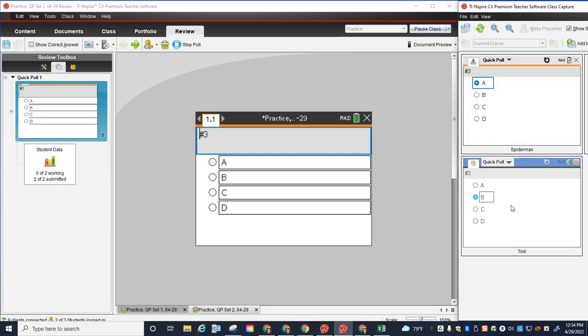Now, the reason why the quick poll did not go away is because I did allow them to resubmit if they accidentally did it. If you want them to only have one chance and for it to go away, then in the options, make sure you put do not allow to submit. Okay, now once everyone has submitted, I click stop poll,